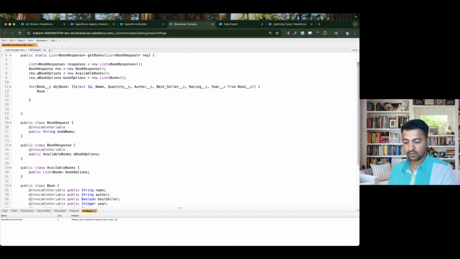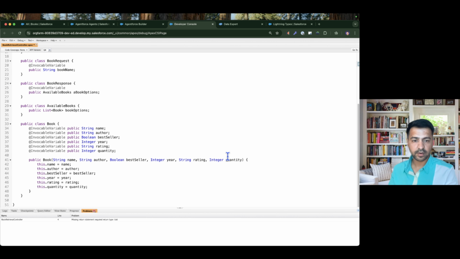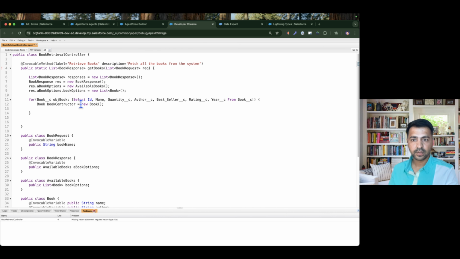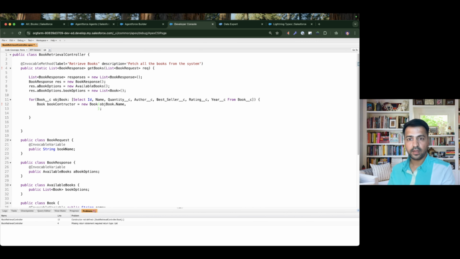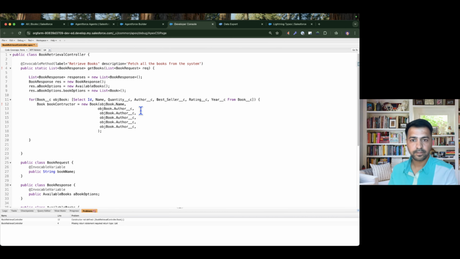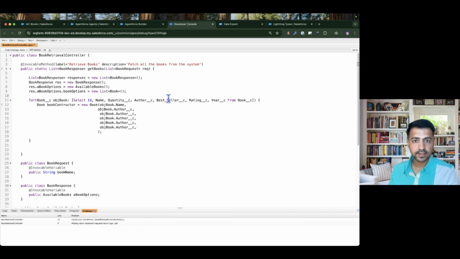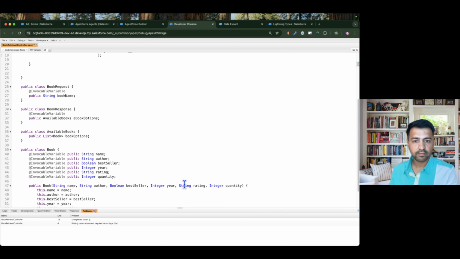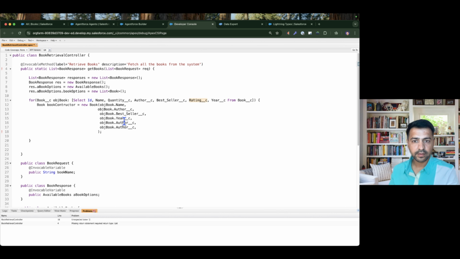So let's say book constructor, and the constructor will receive 6 parameters, which are name, author, bestseller, year, rating, quantity. So let's do one by one. Name, author, then, let me first copy all this. So it starts with name, author, and now the bestseller, then we have year, then we have rating and quantity. So rating and last quantity, and